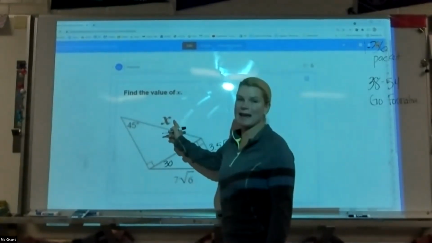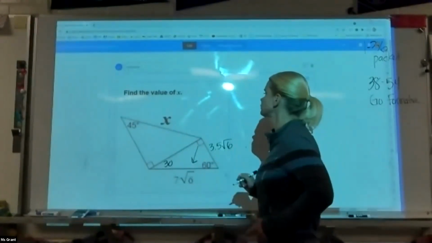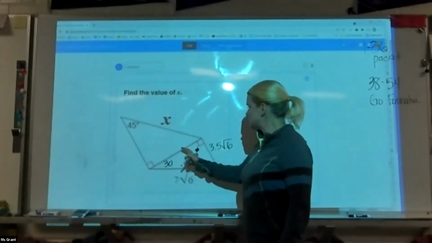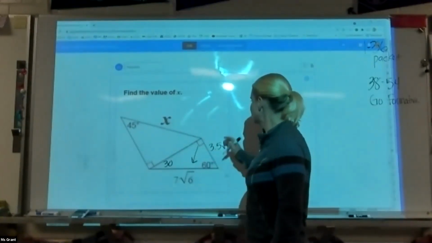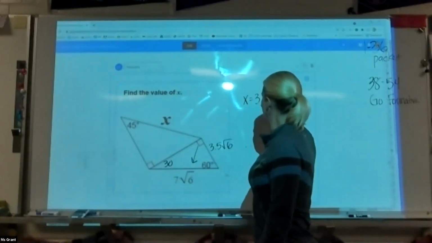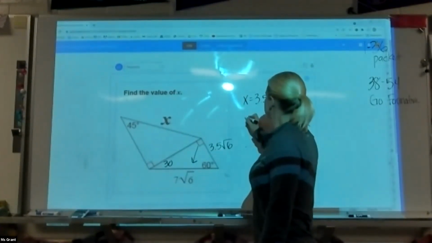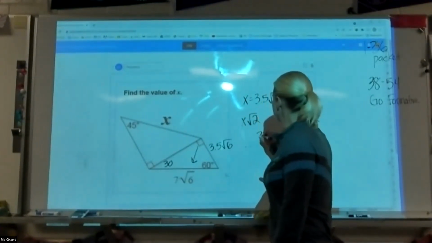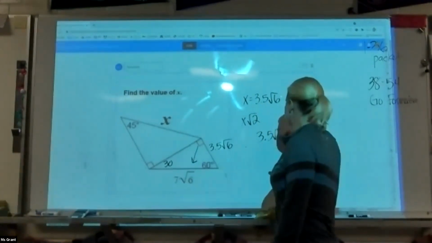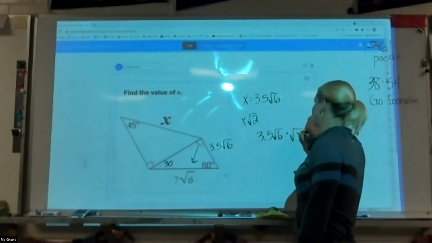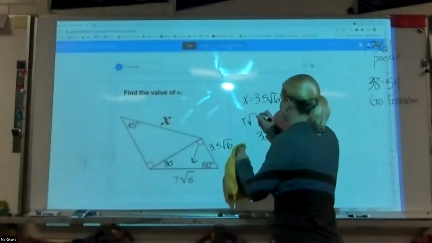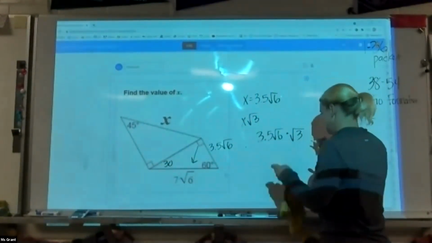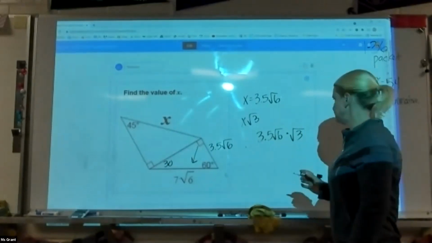And then I'm trying to find x, right? Then opposite 60 is my x rad 2. So x rad 2 is going to be 3.5 rad 6 times rad, wait, no, sorry, x rad 3 is opposite. I'm getting confused with this 45, 45, 90. Okay, so